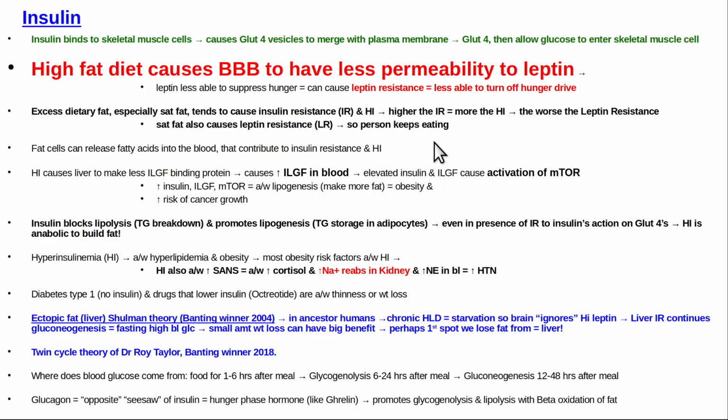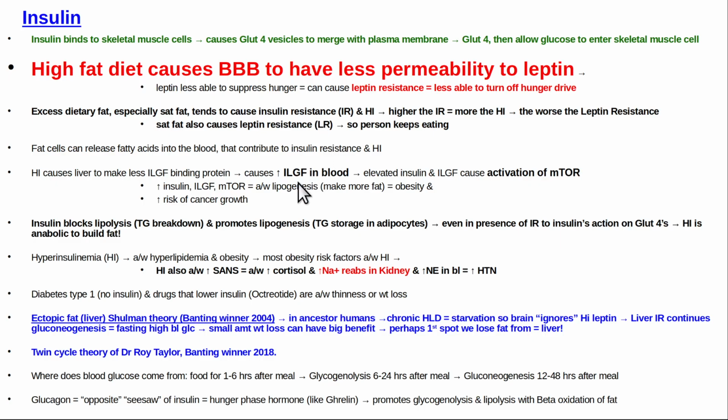So high-fat diet leads to overeating, and it moves the set point for your body weight up higher, so it makes you get fat. Okay, that's one of the reasons why it does that. The other thing is dietary fat causes increase in insulin because it causes insulin resistance. And the insulin resistance then causes the accumulation of fat because insulin is an anabolic hormone.